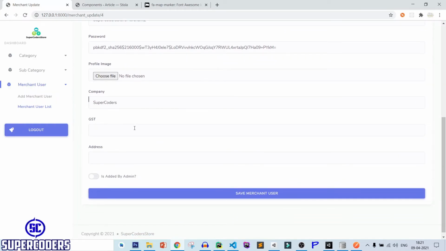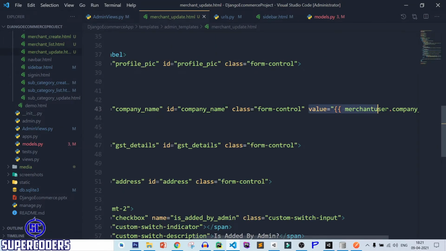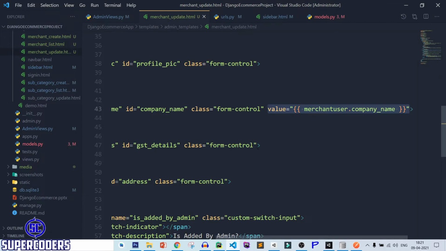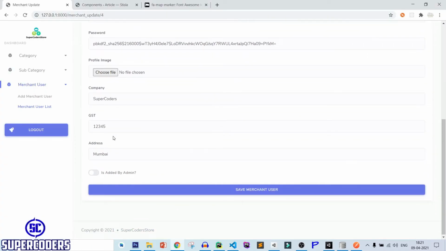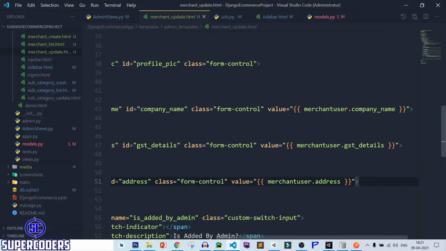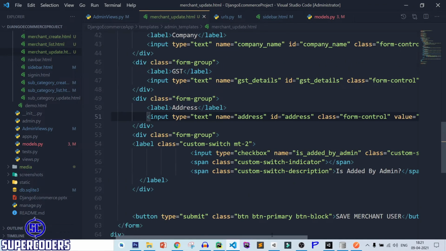After that, let's show the GST details. So come again to the update page, value equal to GST underscore details, address equal to address. Save it, refresh page, and you can see every detail. After that, is added by admin.